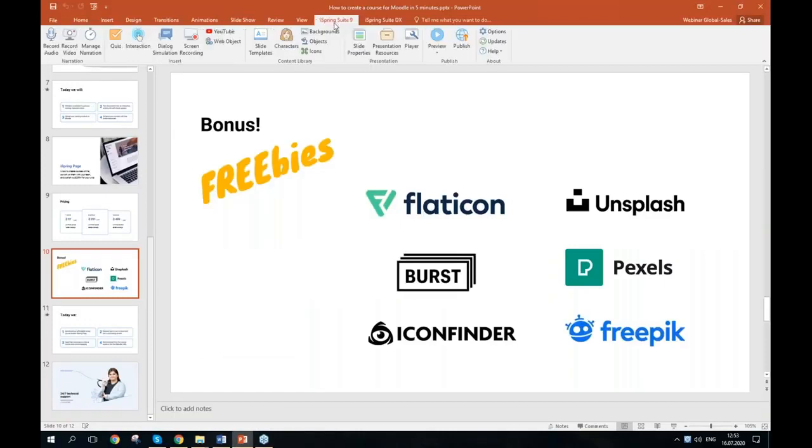But iSpring Suite is a different thing. It's a desktop application, which is a Windows-based one. So it's a PowerPoint add-in that appears as an additional tab in PowerPoint. And when you work with iSpring Suite, you will need to create a PowerPoint presentation first, and then open it in PowerPoint as usual. Then once you go to iSpring Suite, you will be able to enhance it with different